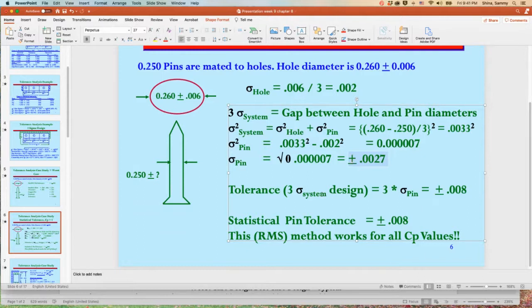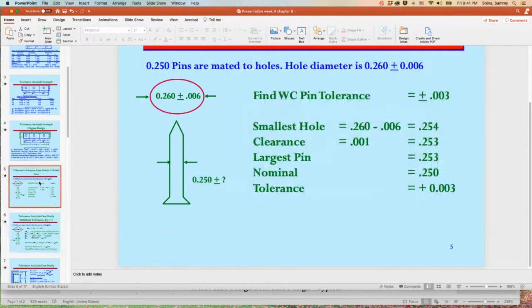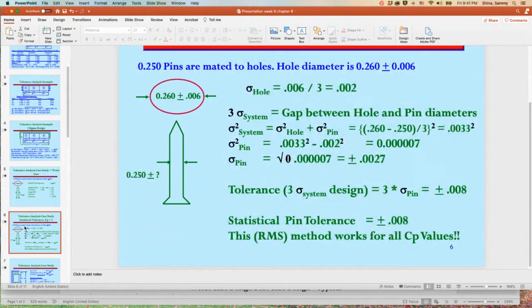So what is the tolerance? The tolerance, of course, is 3 sigma design. It's a 3 sigma system. So it would be 3 times sigma of the pin and comes out to 0.08. So guess what happened? If we did worst case analysis, we get 0.03, and the pins will always go in the holes. If we do a 3 sigma design with a pin tolerance of 0.08, much cheaper to make,